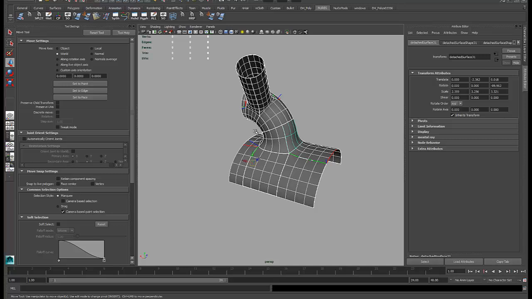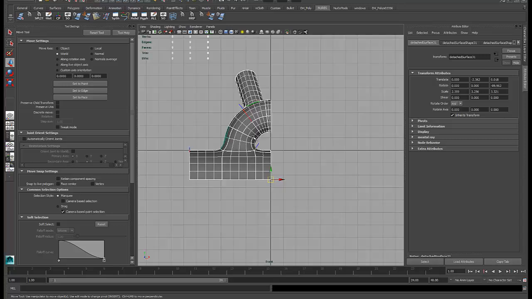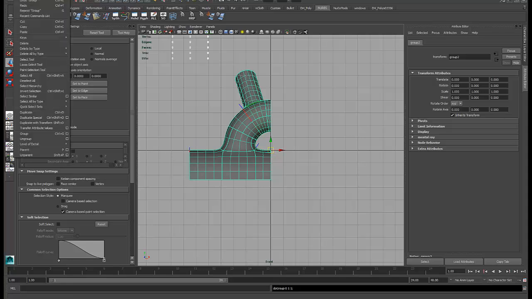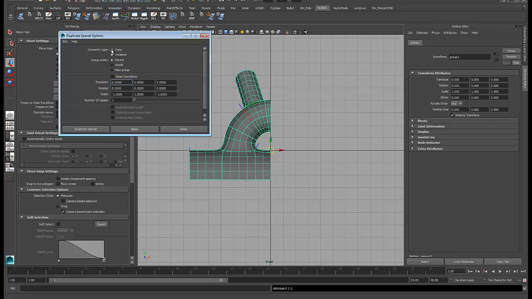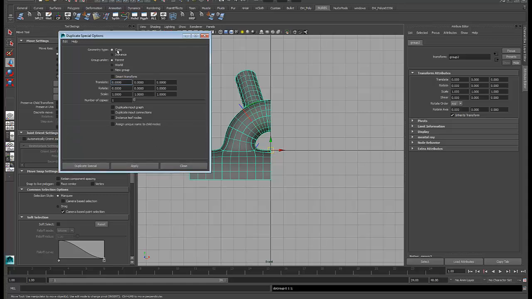And then let's just go into the front view. I'm going to group all of my surfaces. And I'm going to duplicate them. So I'll go to Edit, Duplicate Special. And in this case, I want to make sure I make a copy of the geometry. So actually, what I'll do is reset the settings here so that I have all the default settings. And my geometry type is going to be a copy. And what I want to do is use a scale value of -1